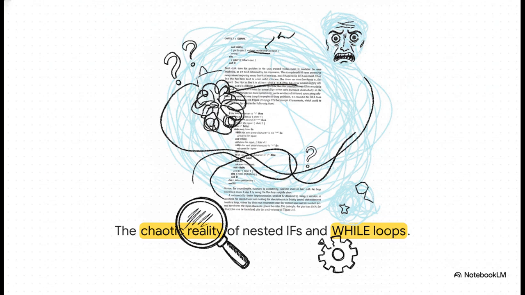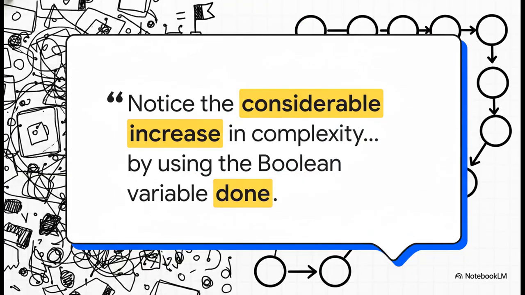You've probably written code exactly like this at 2 in the morning for a CS assignment, where you're forced to hold the entire state of multiple variables in your working memory just to read the thing. It creates a stressful, tangled web. The crucial point here is captured perfectly by Kenneth C. Louden when he notes, "Notice the considerable increase in complexity and the need to deal with the loop by using